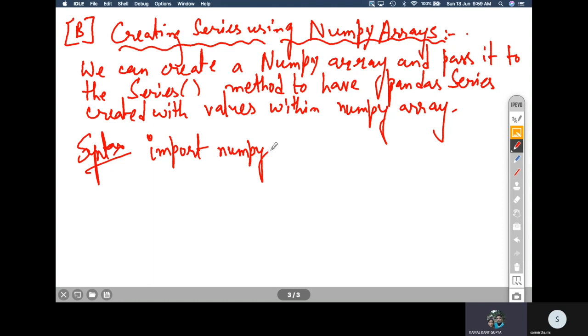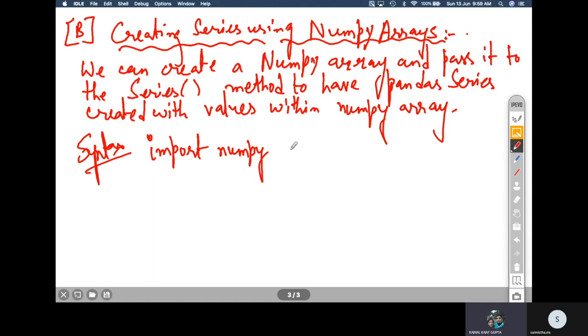Again, you can install this NumPy module by using pip install numpy. But sometimes it happens that when you are installing pandas, NumPy always gets installed with pandas. So you don't have to install NumPy separately. If you are installing pandas, NumPy is there. But if you have installed NumPy anyway, no problem, no issue.